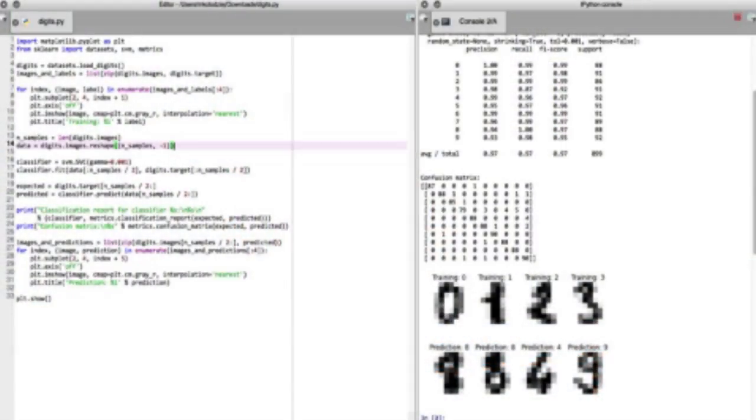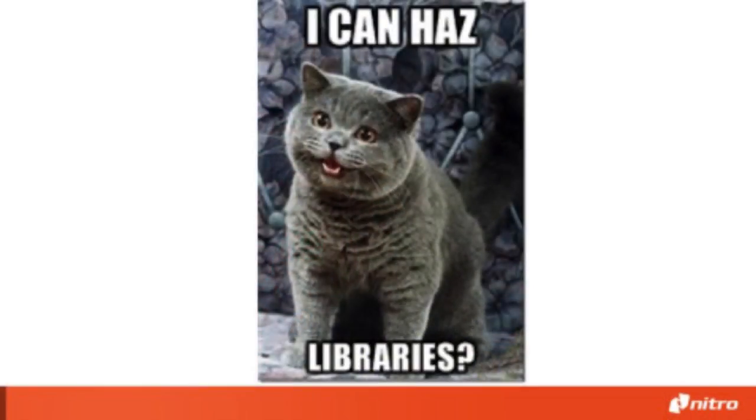I mean, the testament to this is the fact that you can write a digit recognition algorithm in Python in 30 lines of code. And in fact, out of that, we only have one line to train the support vector machine classifier and one to predict. And the rest is just visualizing the output on the console. And that just shows you how powerful these things are. So essentially, this is the kind of level of support that we're aiming for in Scala. And it's not quite there,